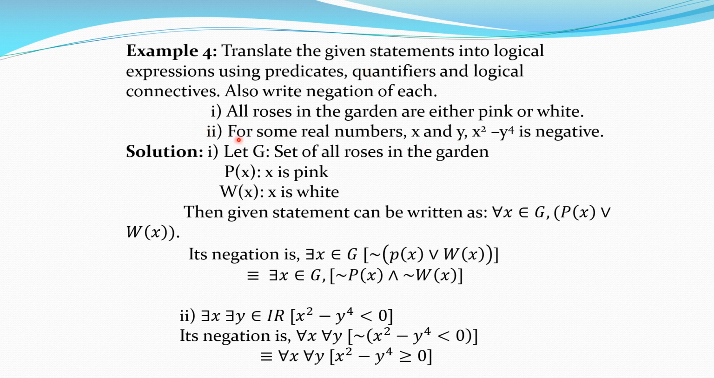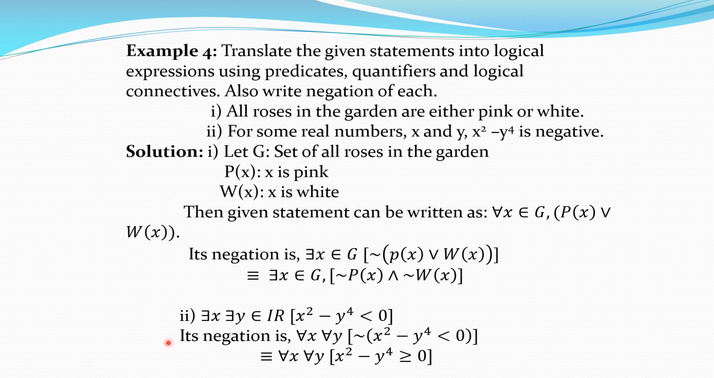negative. Now again here it is given about real numbers. So we consider domain as real numbers. But for real numbers standard notation is there, that is R. So it is not necessary to define that state separately. Directly you can write. Now what is given for some real numbers? So we use here existential quantifier. There exists x, there exists y in R such that x square minus y raised to 4 is negative, means less than